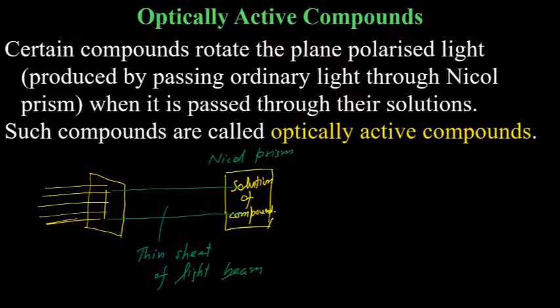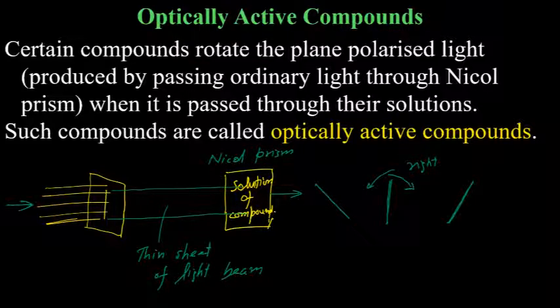the light rotates. So basically, if I am seeing from the left side, the light beam will look like this only. The cross-sectional area will be like this. And when it passes through the prism, it will rotate. So this whole light will rotate either like this, if it rotates towards right, or if it rotates towards left, the beam will look like this. Again, remember, we are looking from the left side. So this is just the cross section.